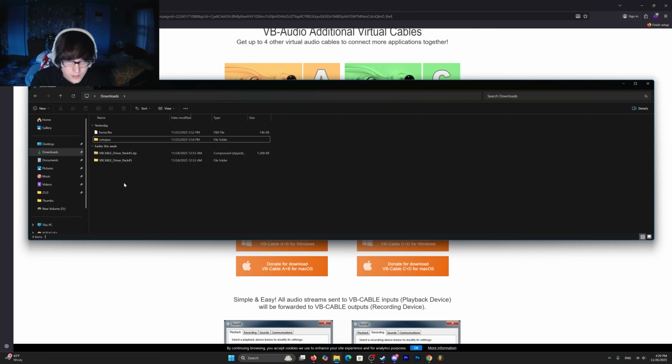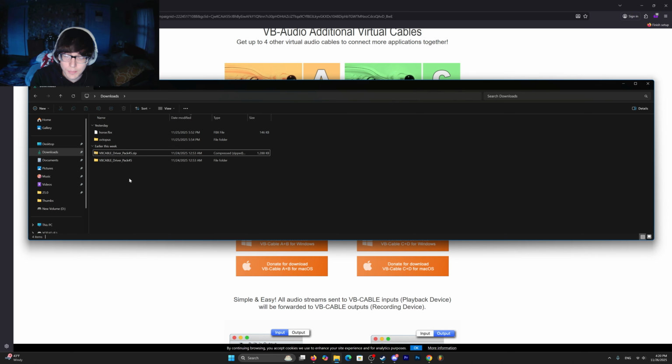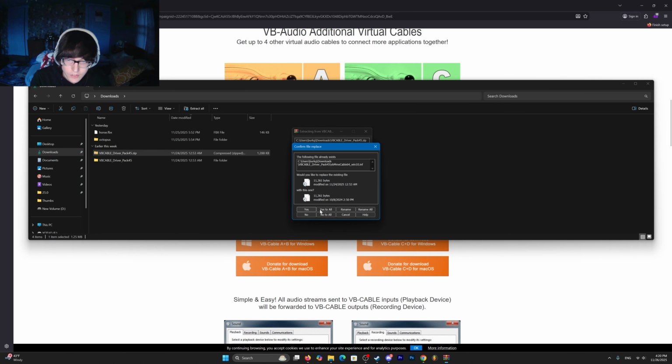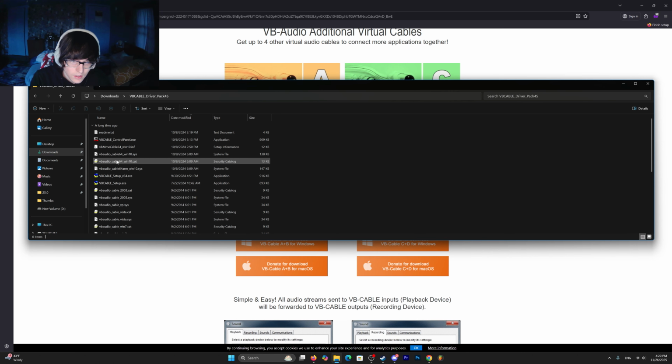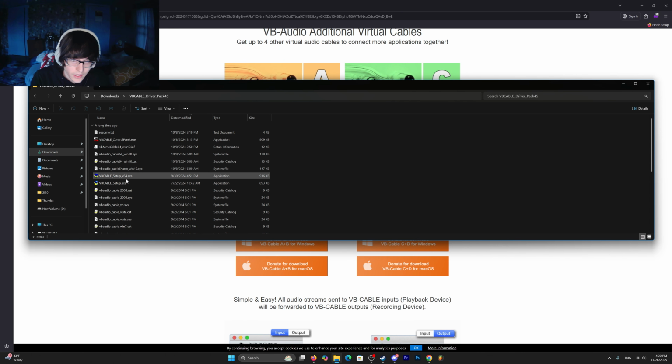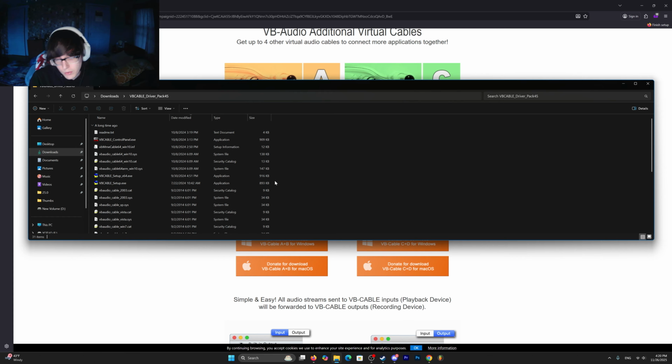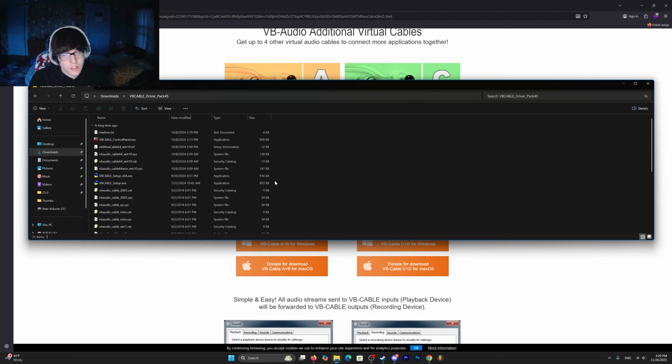I'm sorry. Okay, so in any case, you're going to get a zipped file. You may or may not need 7-Zip or WinRAR to unzip this. Let's just do that. I'm going to do it even though I already have it installed. Now you go to the setup or the setup 64, depending on whether you have a 32-bit or a 64-bit operating system. If you have a 32-bit operating system, you're only going to have 4 gigs of RAM. You're limited. It's not as good as a 64-bit system. So let's do this, 64.